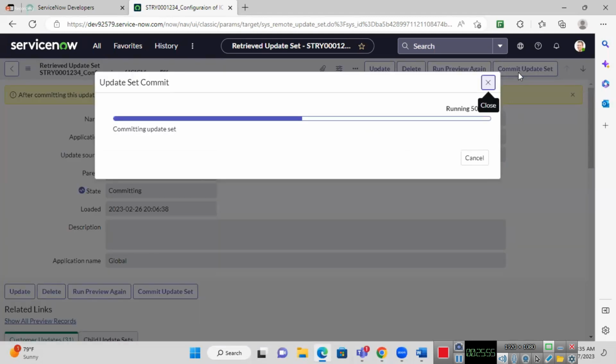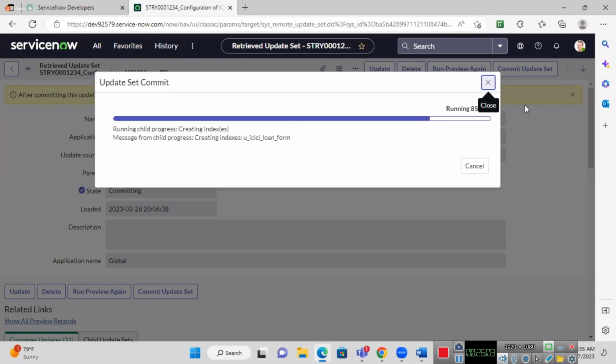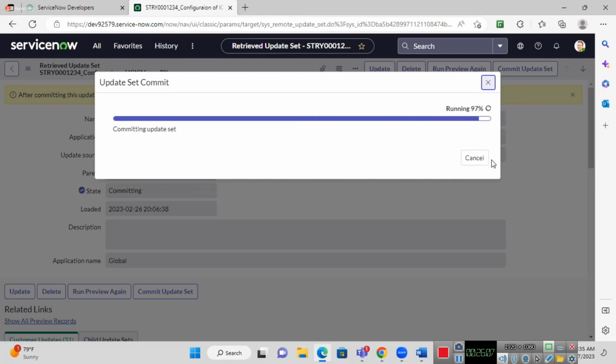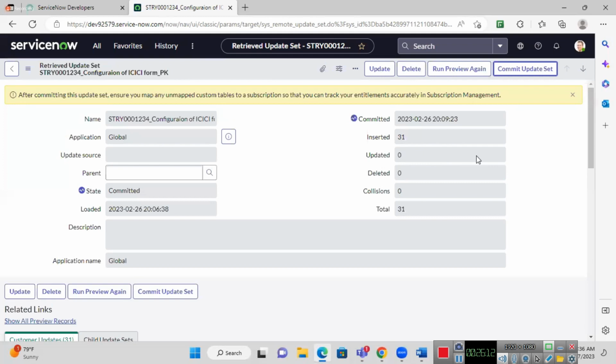First you click on Preview Update Set. Once the preview is completed, then click on Commit Update Set. Close it. Once everything is committed here,